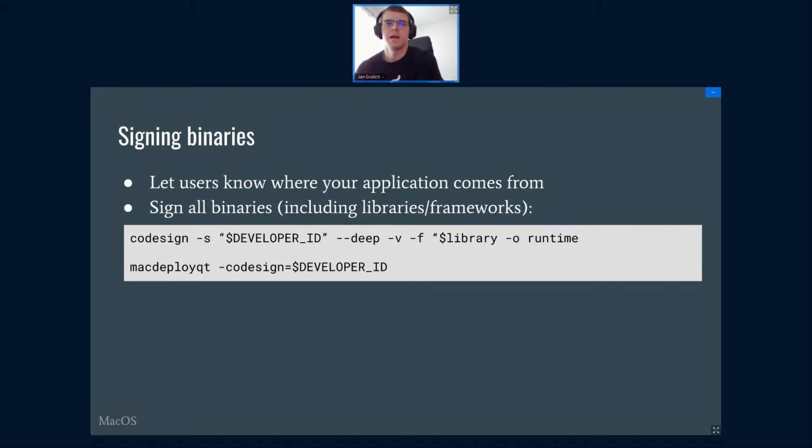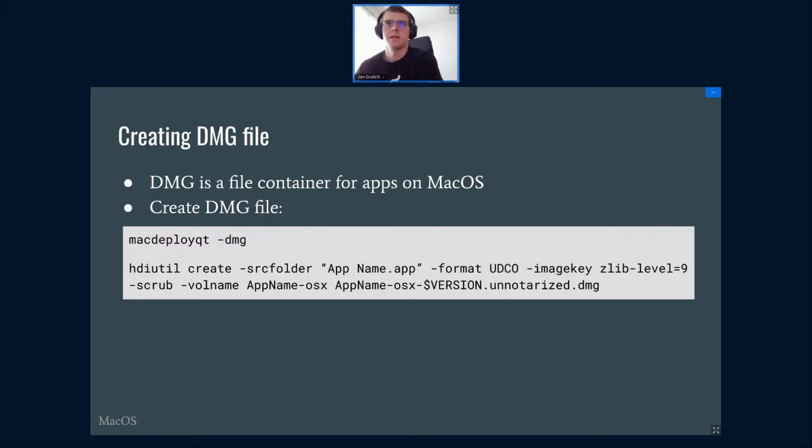To sign your application, you can use a codesign tool. Here's an example of how it can be run. Or it can be done using macdeployqt with the codesign option. Then when you sign